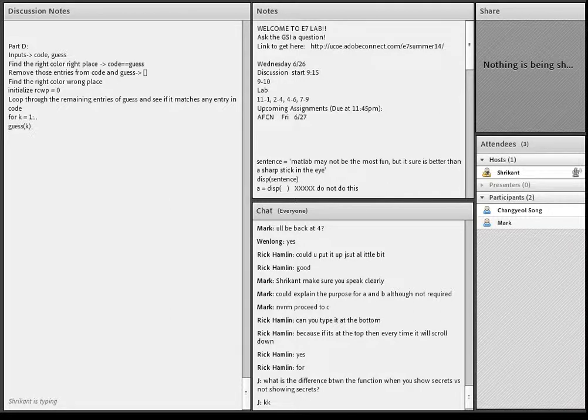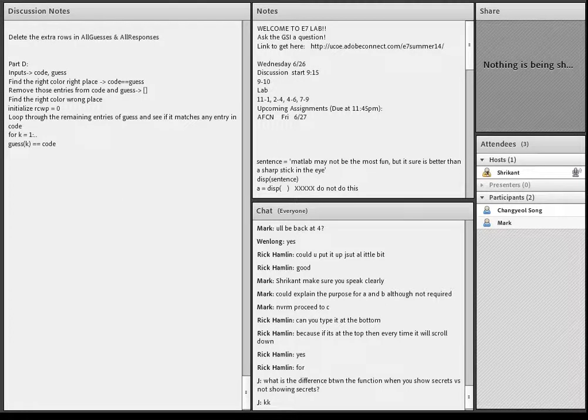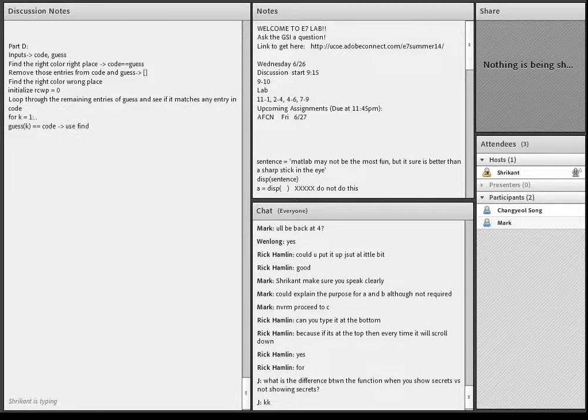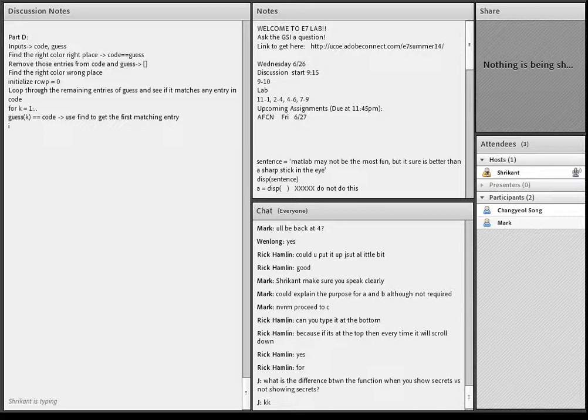You could say that if the kth entry of guess matches any entry of the code, then use find to get the matching entries, or the first matching entry, because you want to match it only once. And then if a match is found,